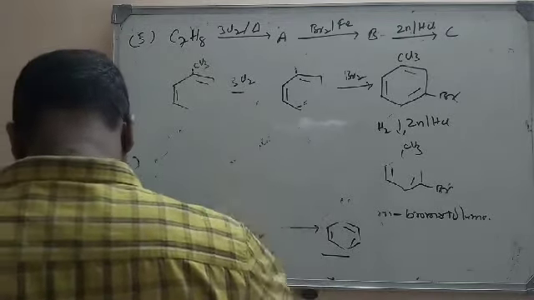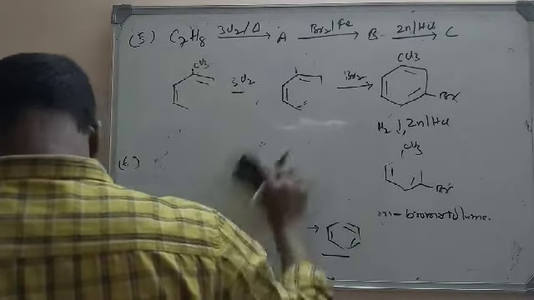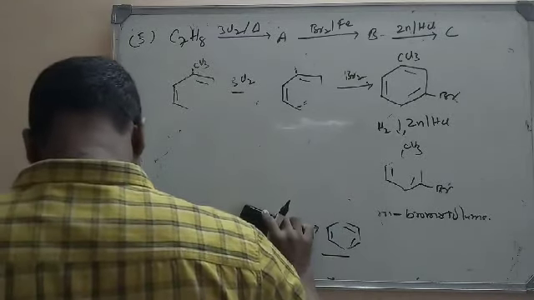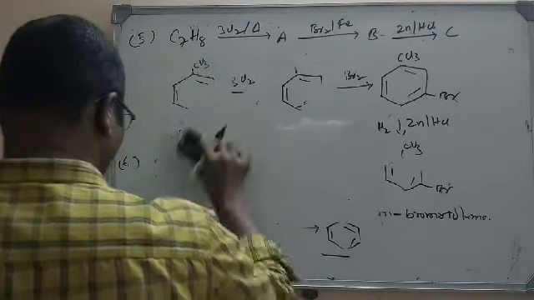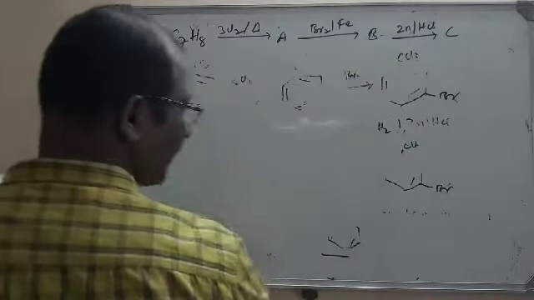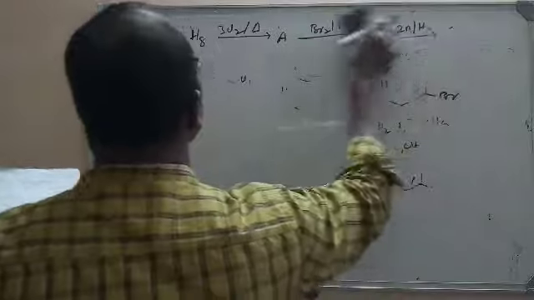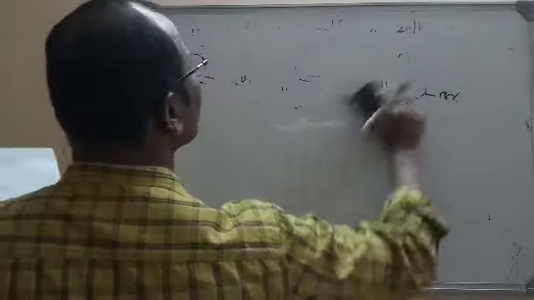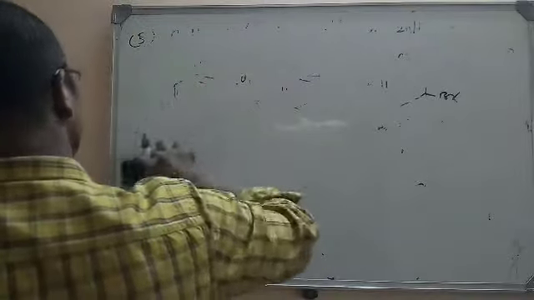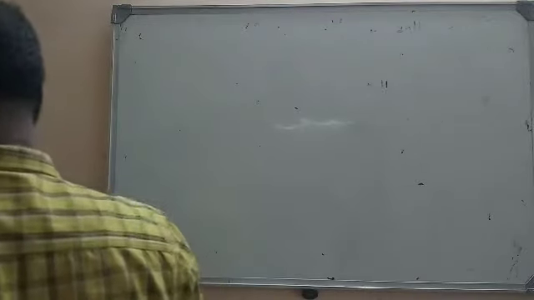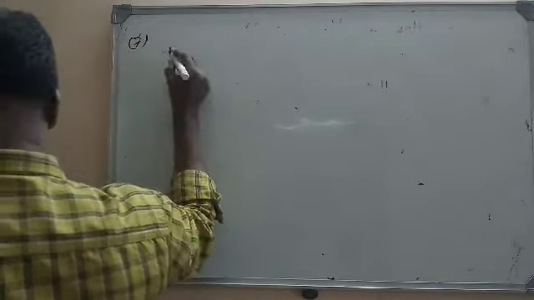Which of these compounds represents the major monochlorination isomer formed in the following reaction? Here some products are given and a reactant is given, and we have to find the major monochlorinated product. On chlorination there will be many chlorinated products, but what is the major product? Let us see the details. Here the given molecule I will write here.